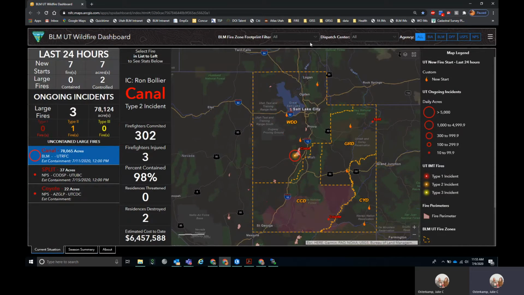So if I click here, one thing to point out, the BLM filter is based on the footprint of the BLM fire zone because our unit identifiers are kind of in limbo right now and changing next year. So this will filter out everything. It's like a spatial filter. The other two are pulling the data directly out of WildCAD, but this one has to be a spatial filter. So once you do that,